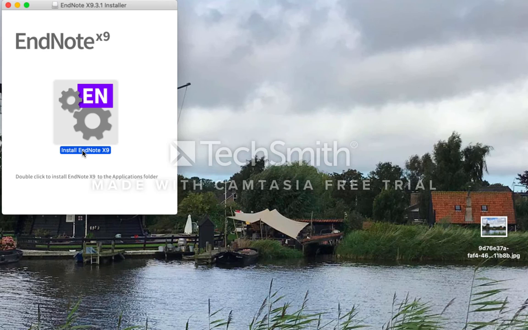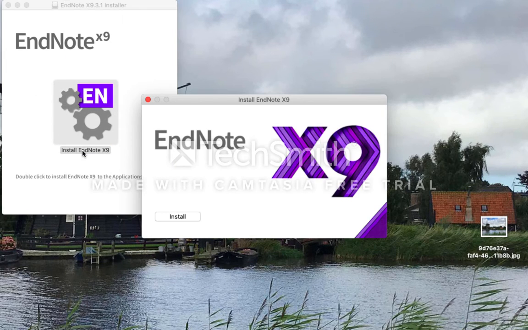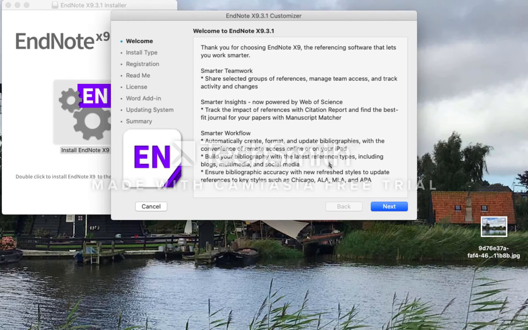Double-click on Install Endnote X9 and then click on Install. Before you do so, you need to make sure that Microsoft Word has been closed on your Mac. Click on Next